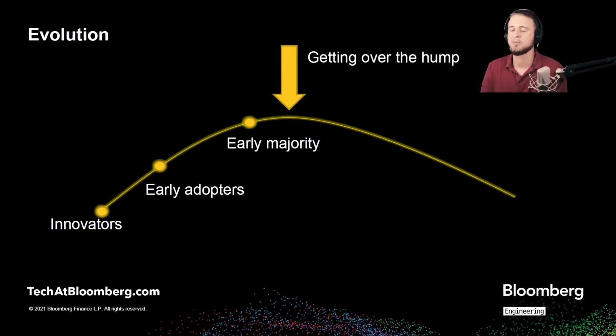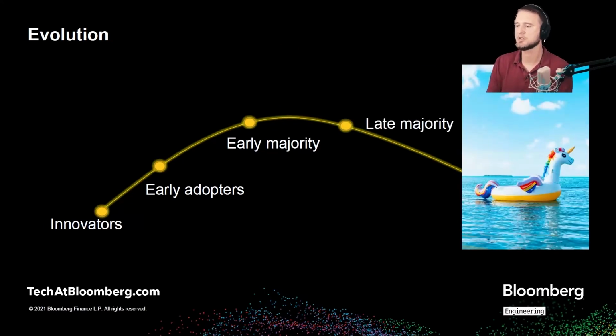And somewhere between the early majority and the late majority, we got the hump. That's the 50% mark, where enough of the population adopted it that it's the majority now that does it. And I would argue we're probably somewhere in the early majority still, but getting pretty close to the 50% mark. And the goal of the game is to keep going to the right until we reach the promised land of late majority, where there is eternal holiday.